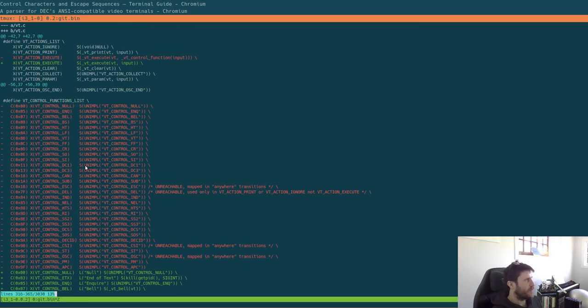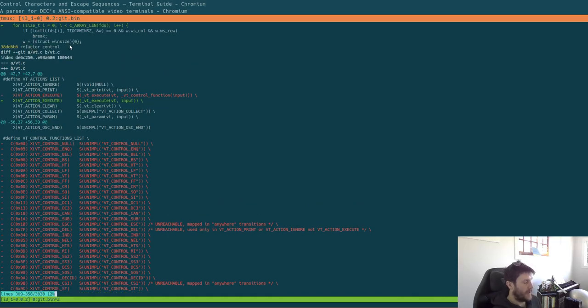Right, so this one I am doing a bit of a refactor. I had control function kind of being pulled out in this macro, which is basically a big case statement, which will have a switch on whatever, and then a case on that, and then this will be what it executes. So now it's going to do that. And because I've done that,